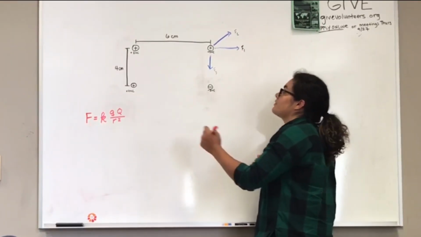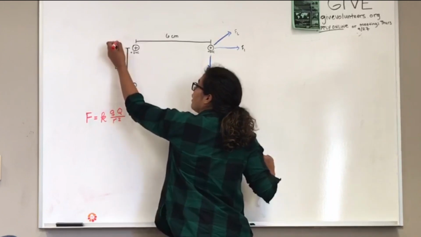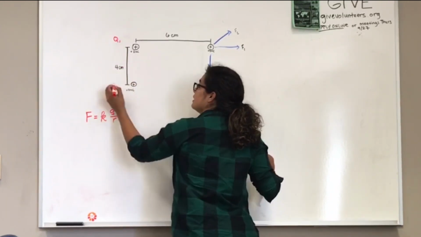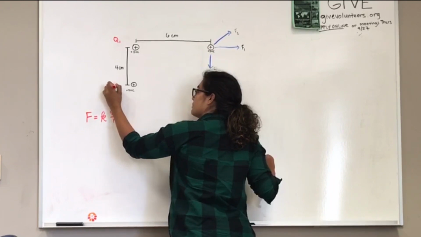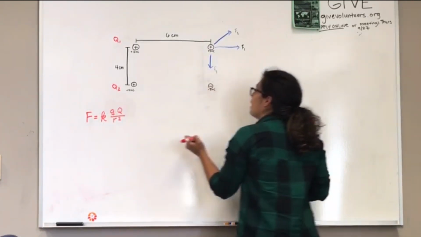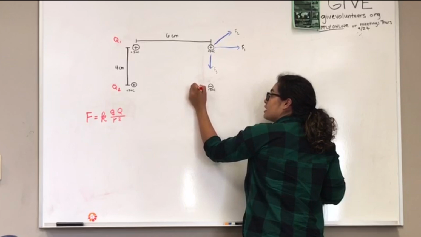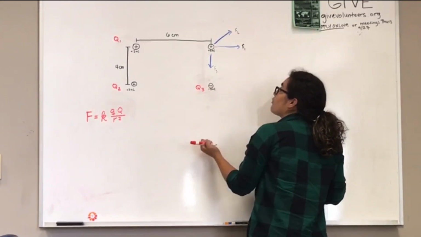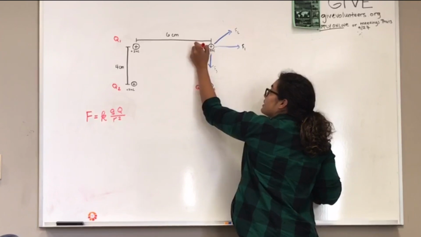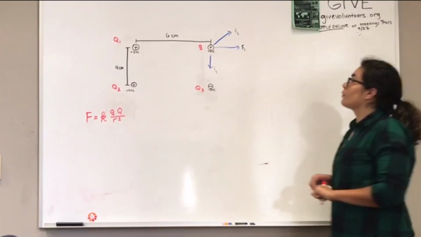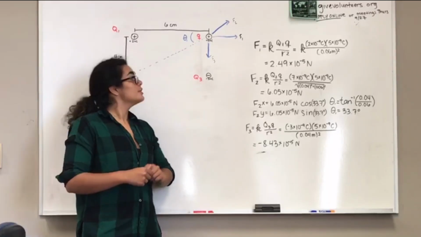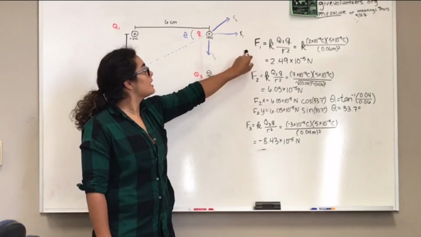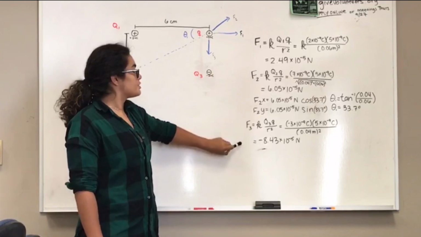For each of these individual vectors, we're going to call this 2 nanocoulomb charge big Q1. This 7 nanocoulomb charge is going to be our big Q2. Our negative 3 nanocoulomb charge is going to correspond to big Q3. And our 5 nanocoulomb charge is just going to be our little q. Applying Coulomb's law to each of our charges, you can see that we get 3 different answers for the